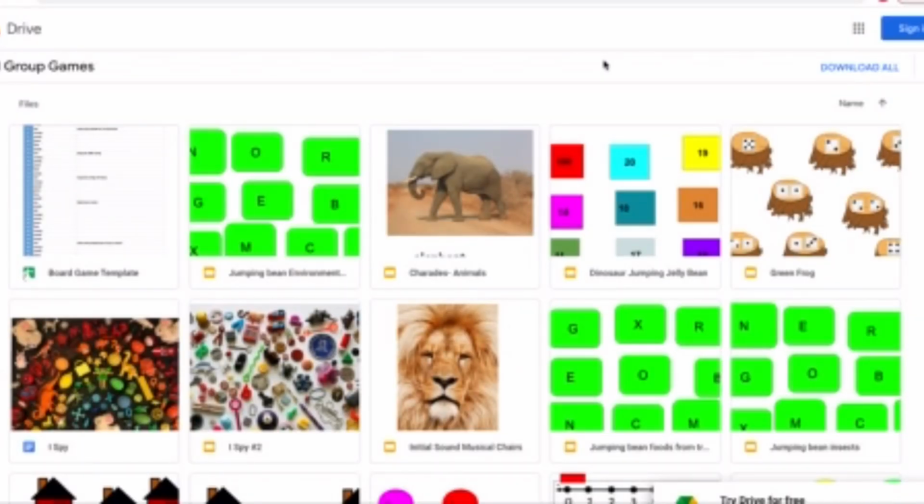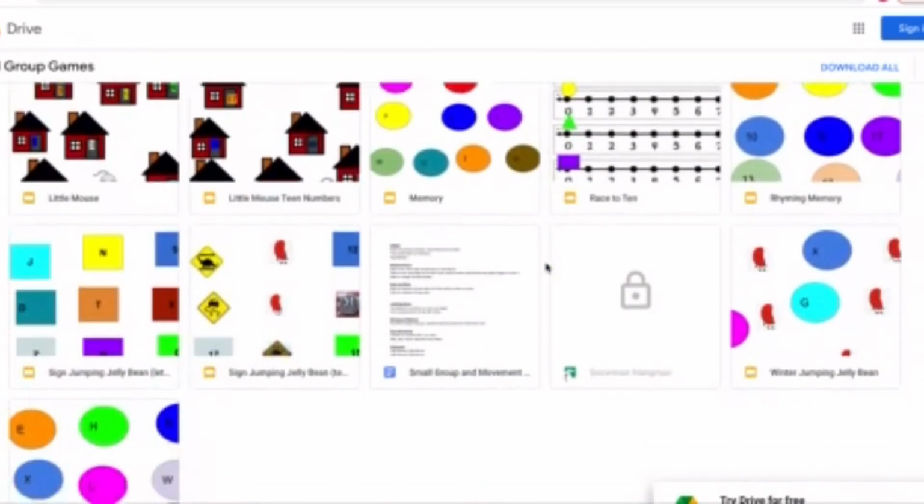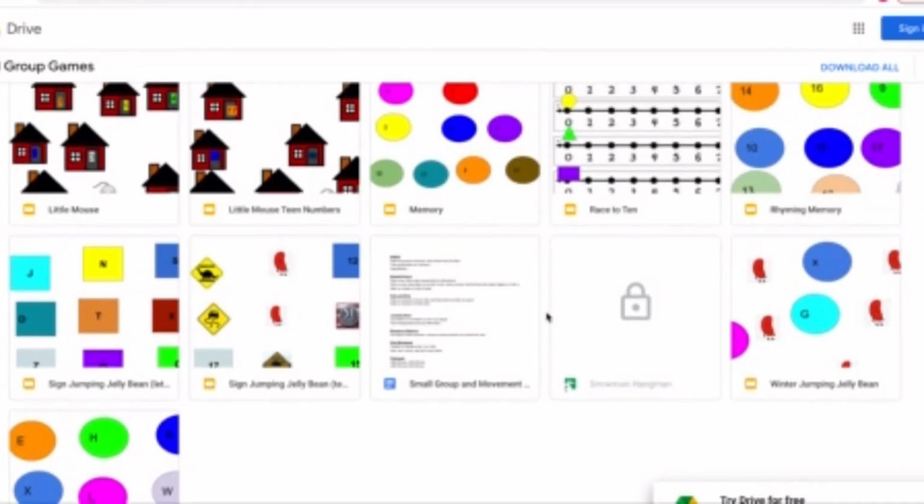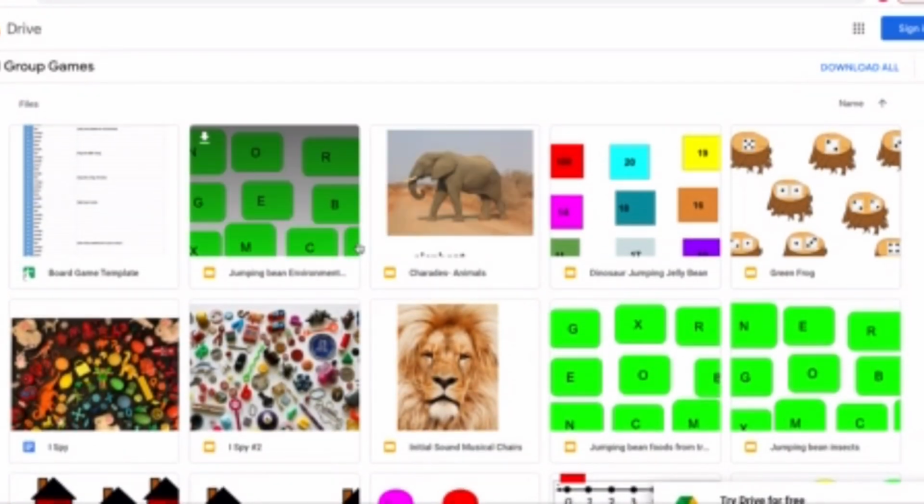It has taken me a while to figure out what you are seeing on your end when you open up my small group games folder. So these are some of the things I've put together. You are welcome to have access to this. I have put it out there for people to look at. Let's say I want to do the jumping jelly bean game, and it has environmental print underneath it. So when you open it up,